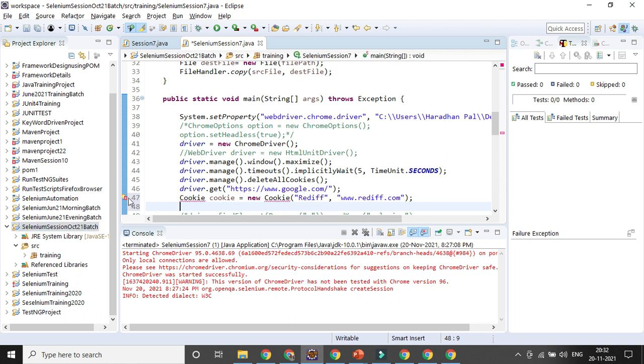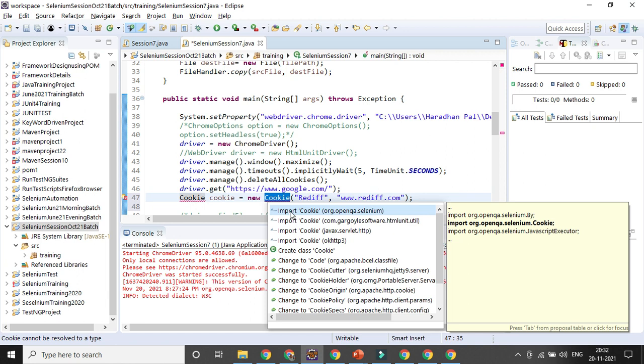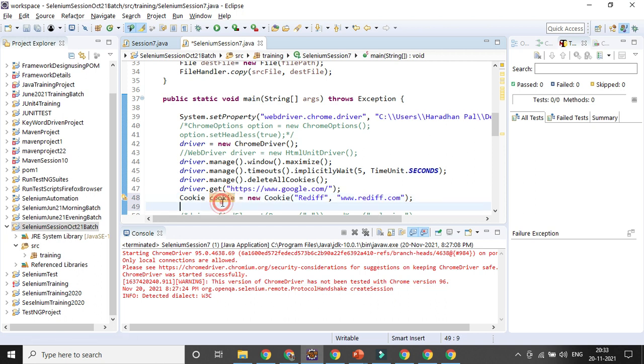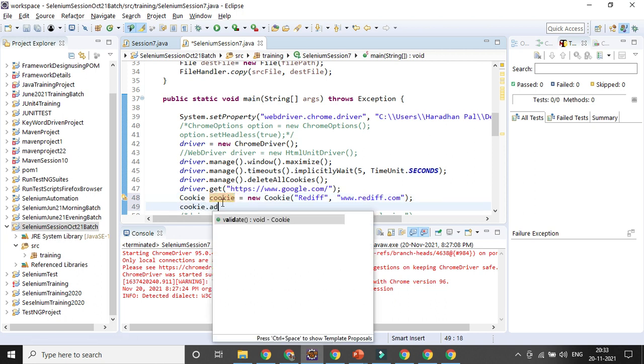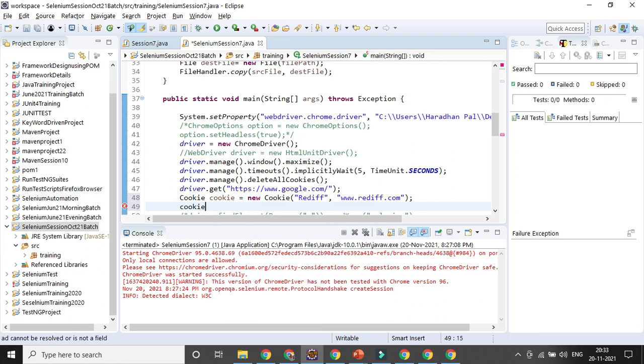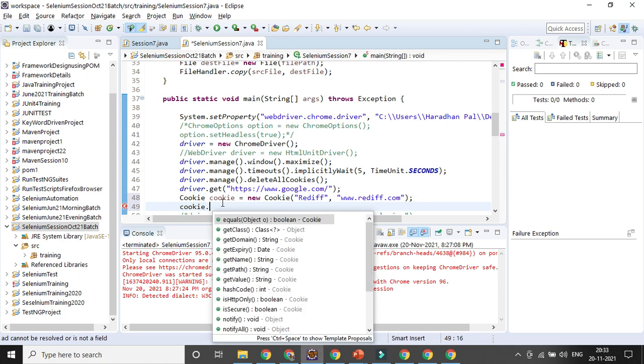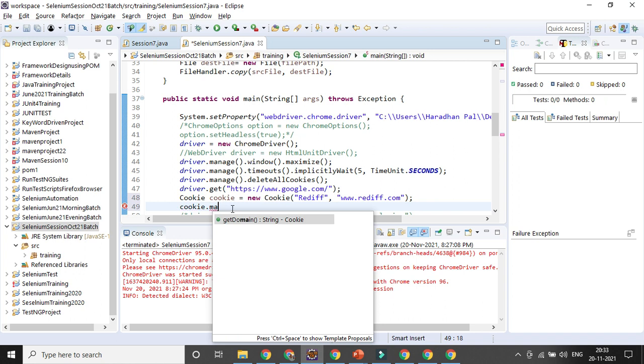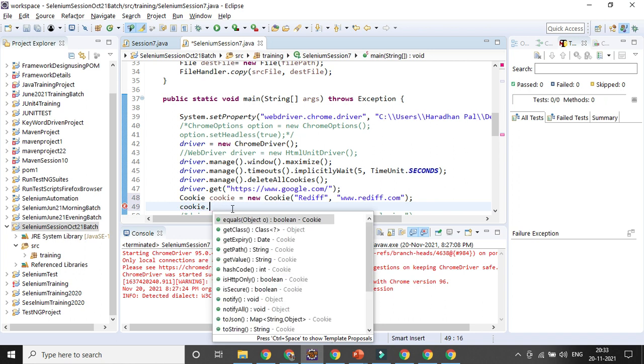Once I create the cookie object here, I need to use the add cookie method. One second, why is it not coming?